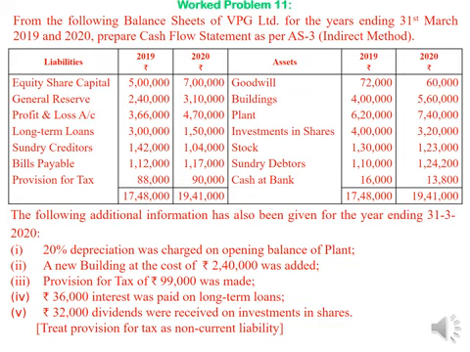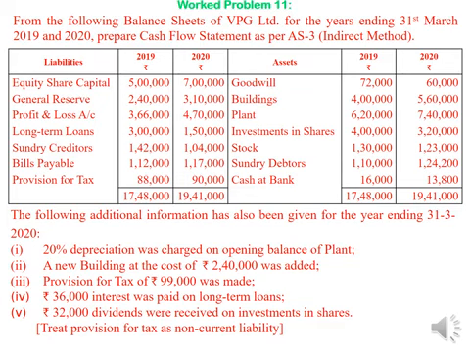Okay, let us analyze the problem. Equity share capital rupees 5 lakhs and 7 lakhs. General reserve rupees 2,40,000 and 3,10,000. So share capital is increasing, general reserve is increasing, profit and loss account is also increasing, long term loans decreasing, sundry creditors decreasing, bills payable increasing. Provision for tax we have to prepare account because under point number 3, 99,000 was made. Goodwill account is decreasing, buildings increasing, and there may be one adjustment in point number 2.